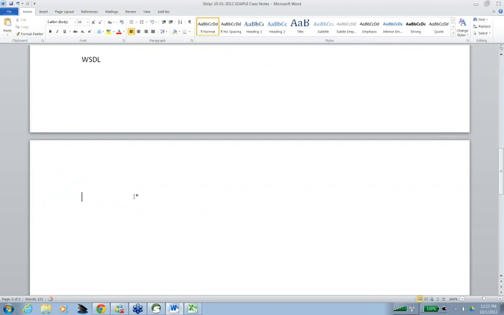I'm just writing a brief summary of the steps which need to be done to do web service testing. Steps to test a SOAP based web service. Create a new project, add the WSDL location.